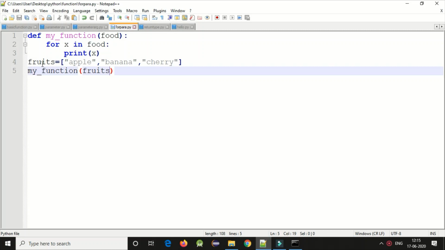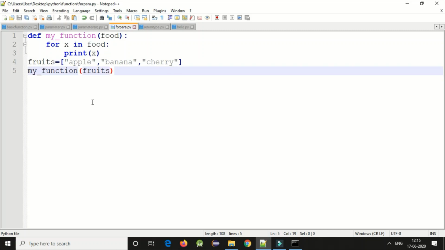So I am passing this fruits list to my function, and these fruits go to the function as the parameter food, and food has a for loop, for x in food, where food contains the fruits values, that is apple, banana, and cherry. So now after that I am printing the x value.